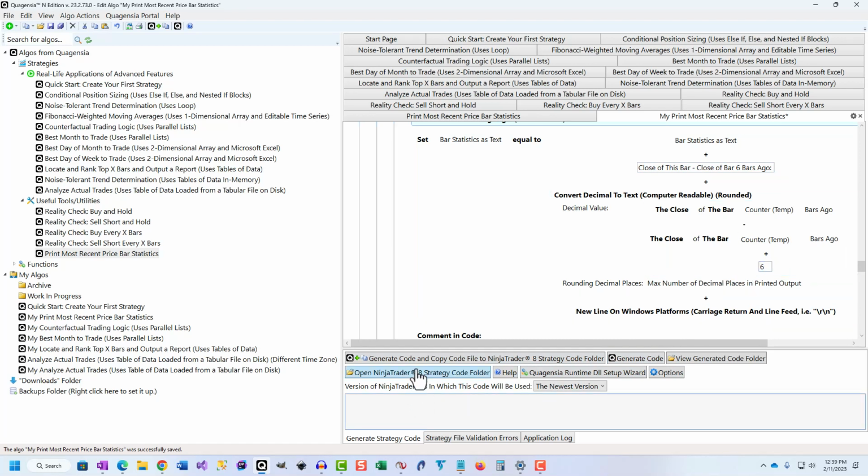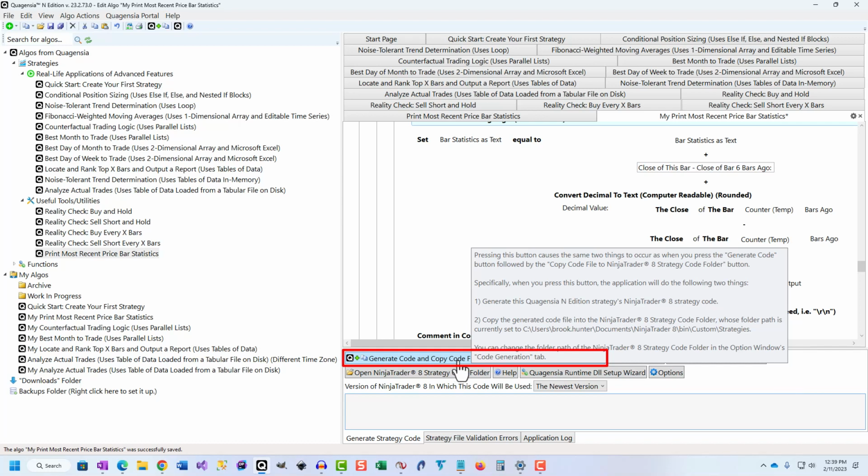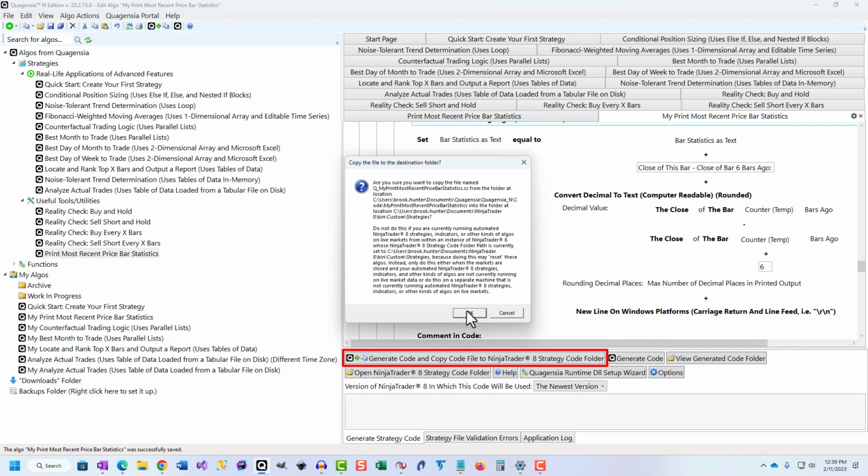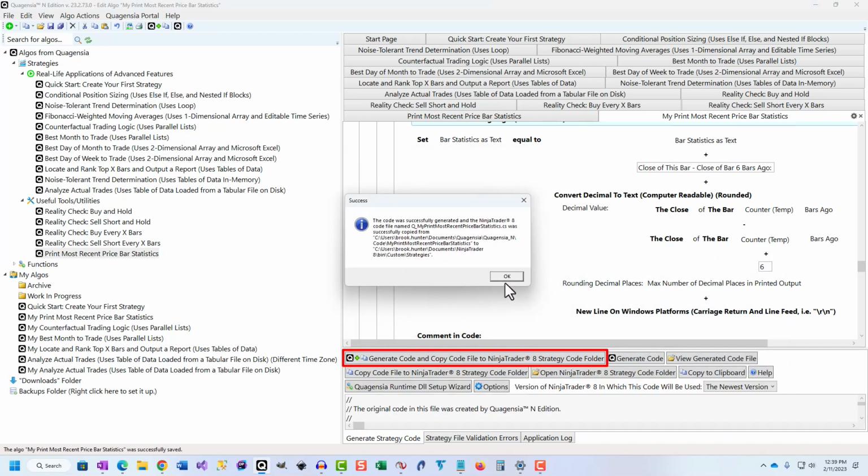Then, click this button to save your customizations, generate your customized strategy's code, and send it to NinjaTrader 8.